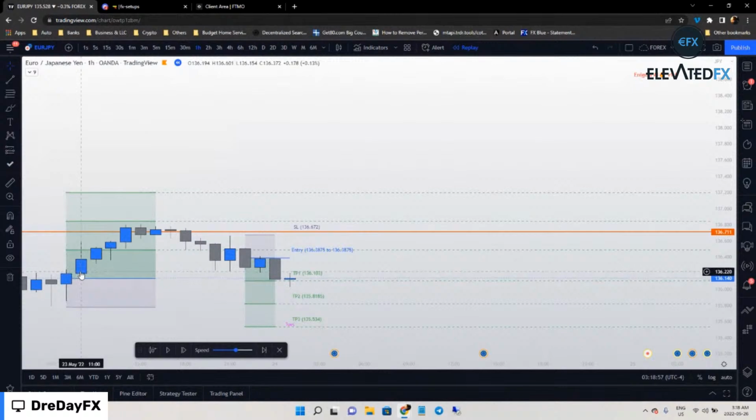Okay, so it's a risk-free trade, because you're putting your stop loss at break even, or maybe a little above break even if the price is right there. That way you could still be in profit, and make sure to secure it. When you put it on break even or a little bit above break even, make sure that you cover the spread. That way you're not going to lose